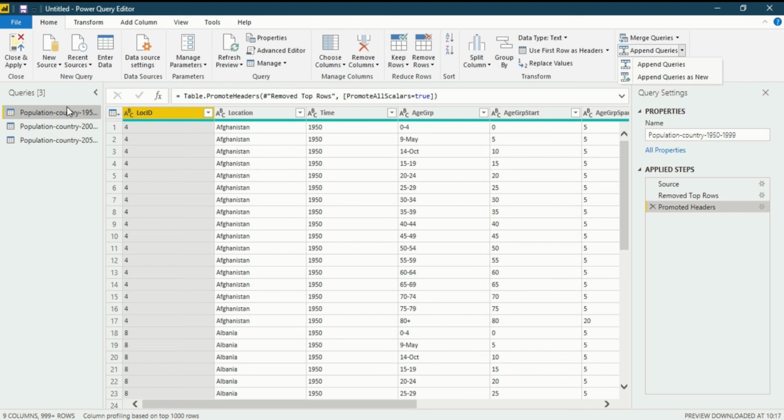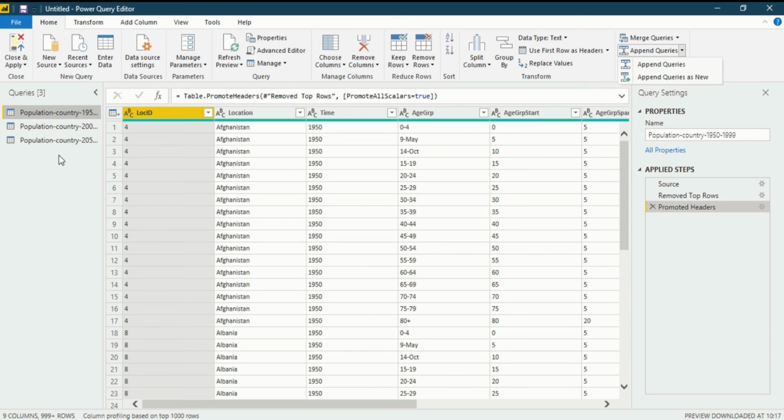That means there are only three queries, but the appendation adds the data of this query into this query. On the other hand, with Append Queries as New, a new query is created in which the data of the two is added up, while the data of the previous queries remains the same. So I hope you know the difference between Append Queries and Append Queries as New.